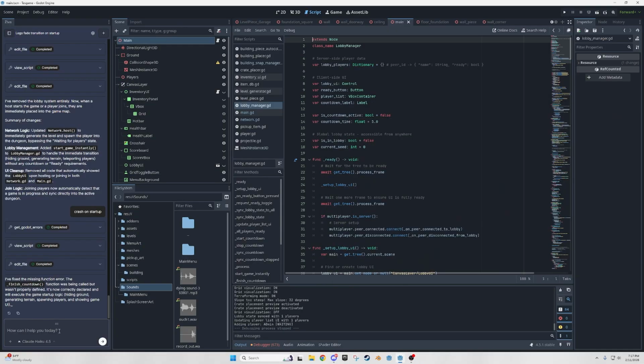Okay, so what do we want to do next? I think I want to do this. I want to turn the map into an island, right? I think that would be the best, with players spawning on the outside of the island. So let's see, how do we want to do that? Let's say I want the map to be a large island surrounded by water.